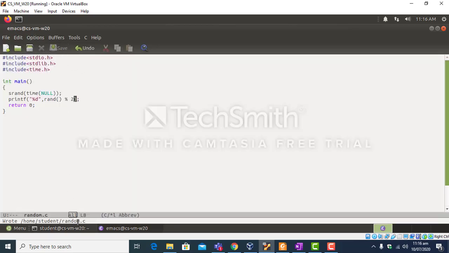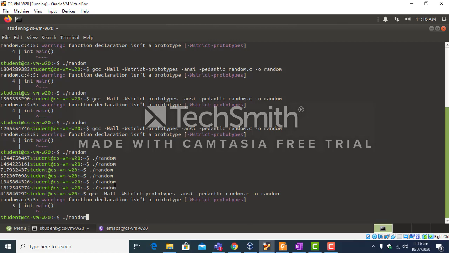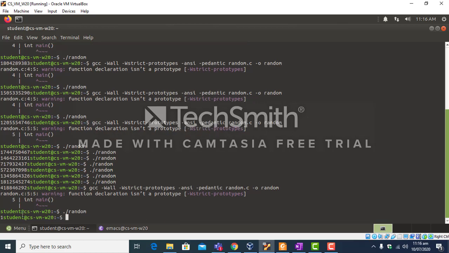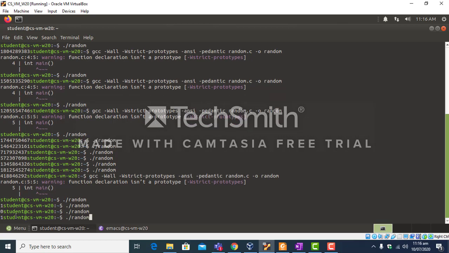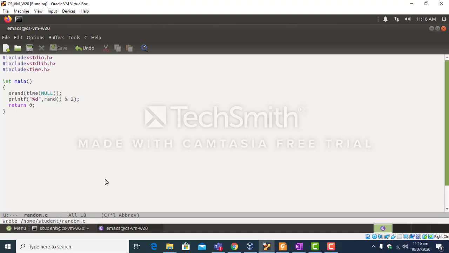So save the file, compile it, run it. So you can see 1 0 1 0 1 0. The maximum value of the random number that can be printed at the output is 2 minus 1, which is 1, starting from 0. So from 0 to 1, random numbers will be printed at the output screen randomly.